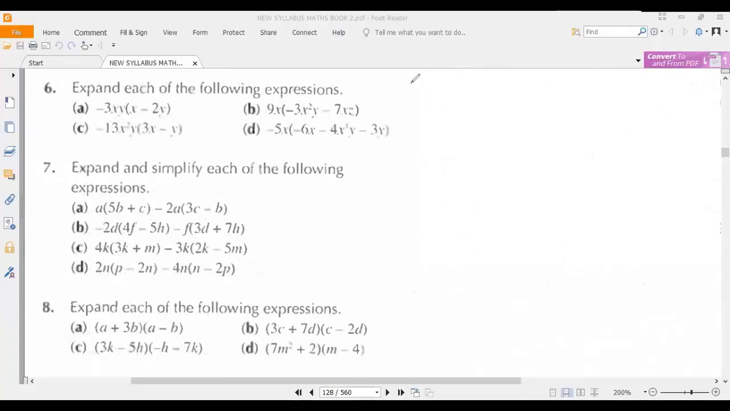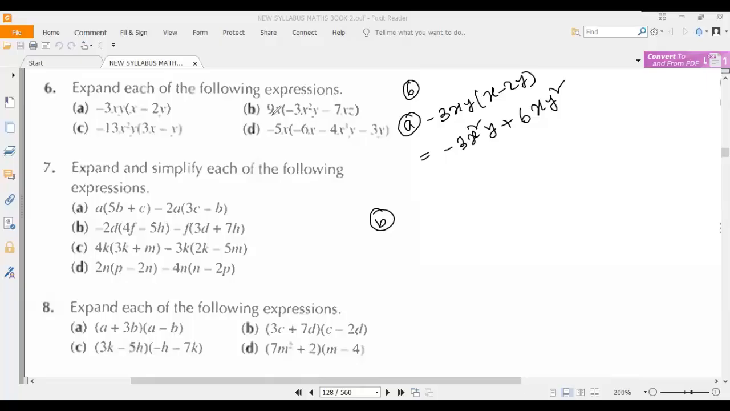Now, question number 6 is expand each of the following expressions. So 6a, minus 3xy into x minus 2y. So minus 3xy into x, that one will be minus 3x square y, minus a plus 3 sixes are 18, just 6xy square. Now b,